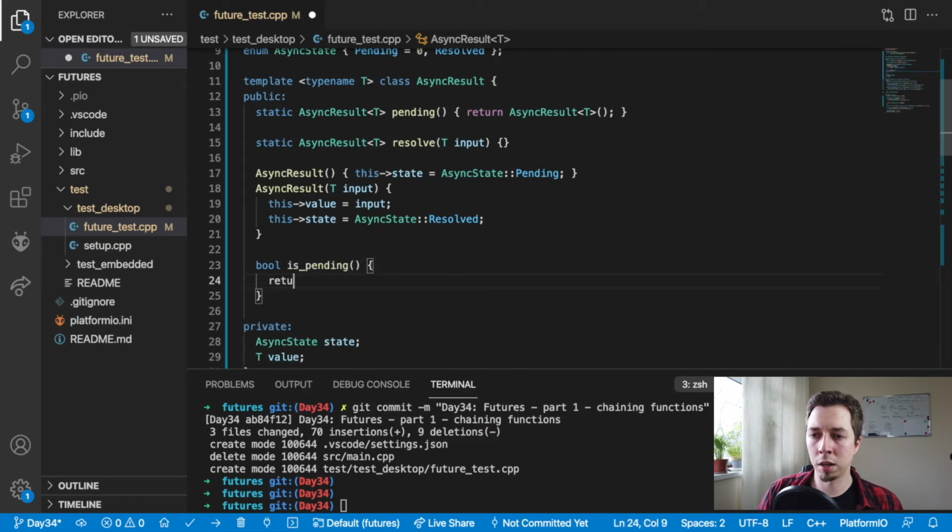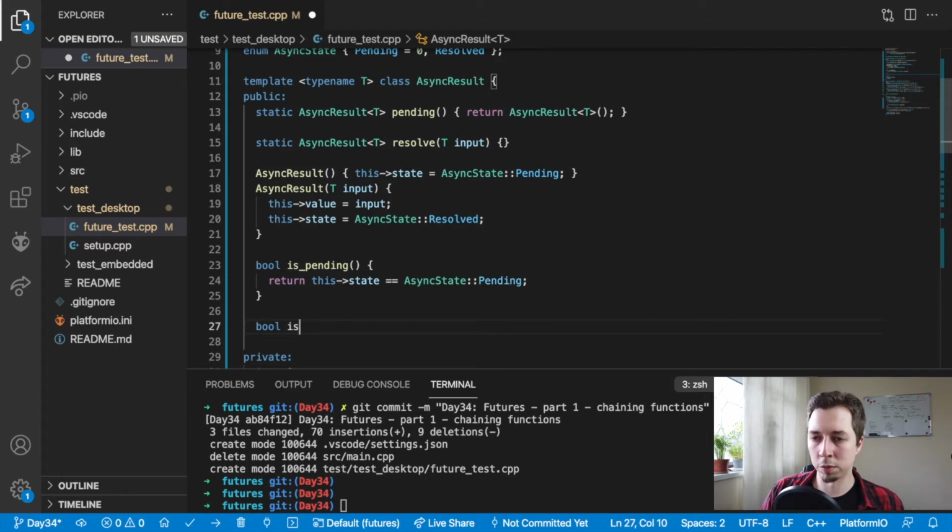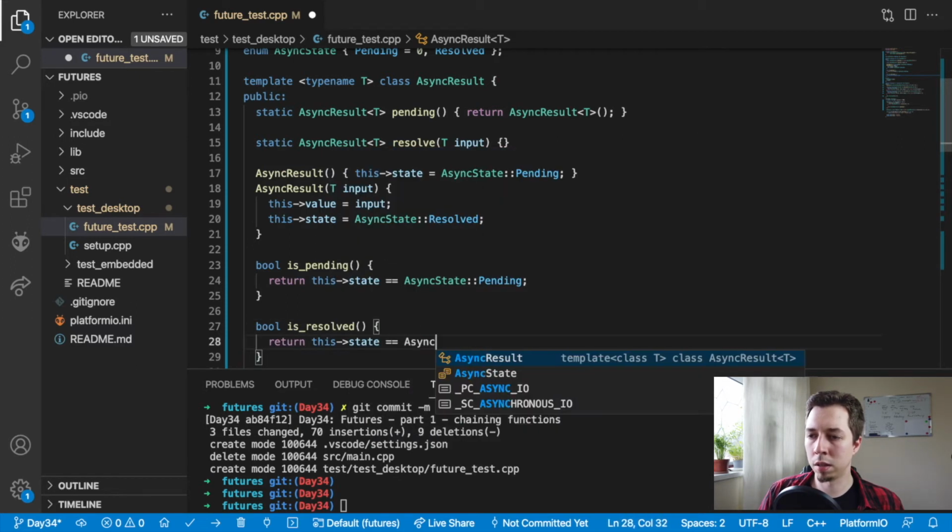They're just going to check if the state is pending. And another helper method to check if it's resolved, right? So is resolved, return this state equals async state